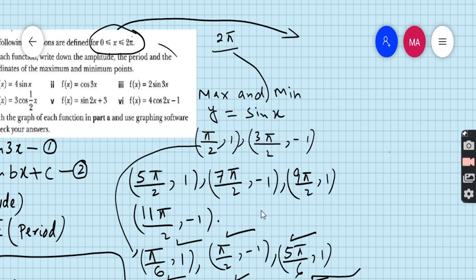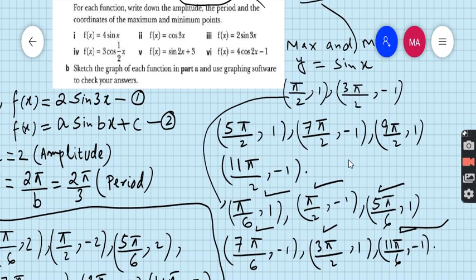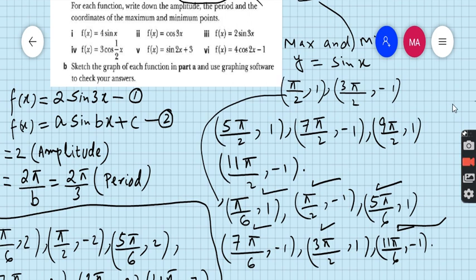Now coming to the main question. Our final answer of angle is pi by 6 comma 1, pi by 2 comma minus 1, 5 pi by 6 comma 1, 7 pi by 6 comma minus 1, 3 pi by 2 comma 1 and 11 pi by 6 comma minus 1. But student, this is not our final answer,